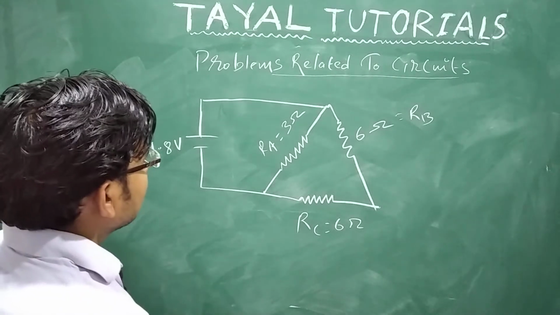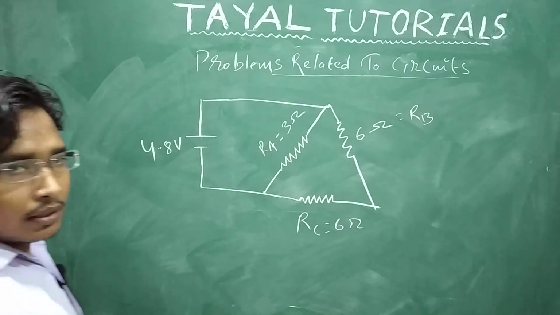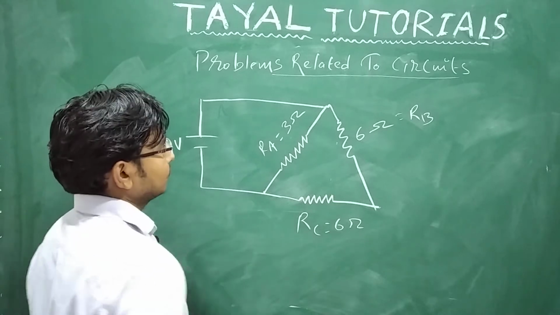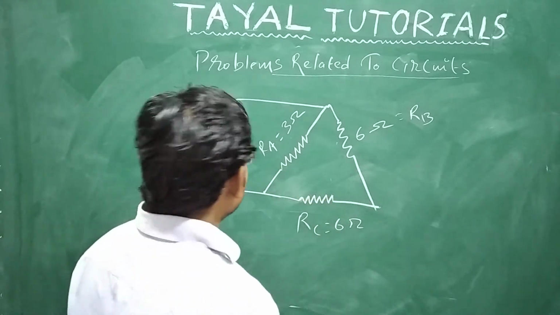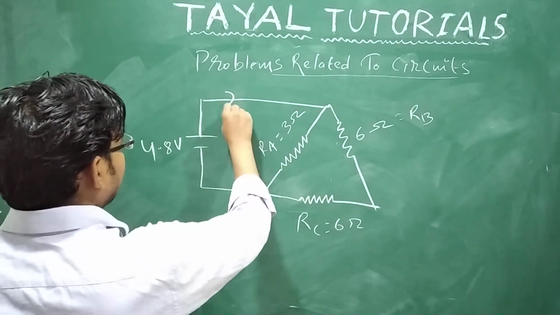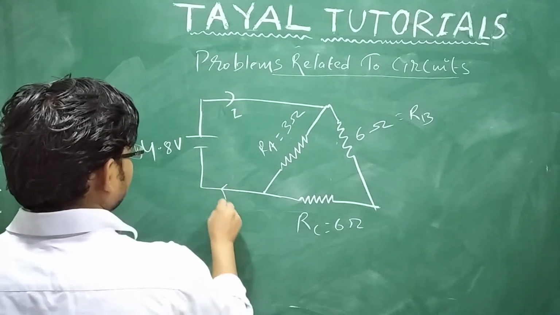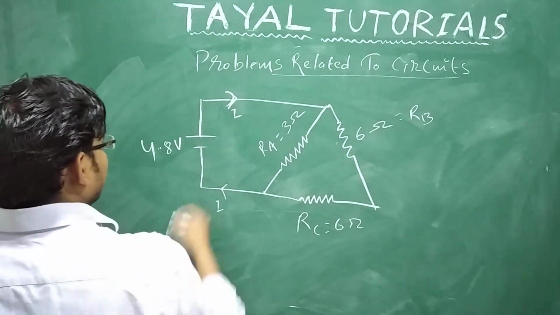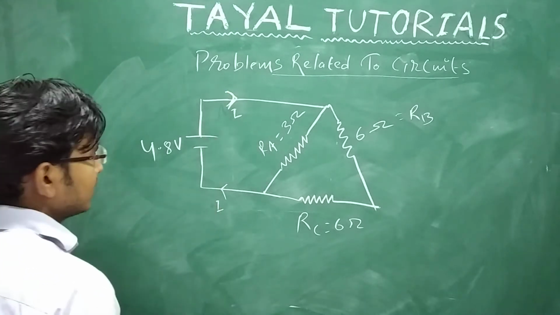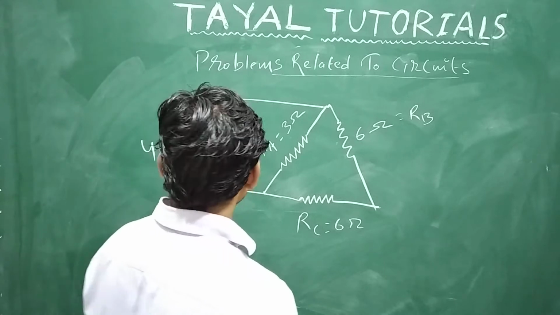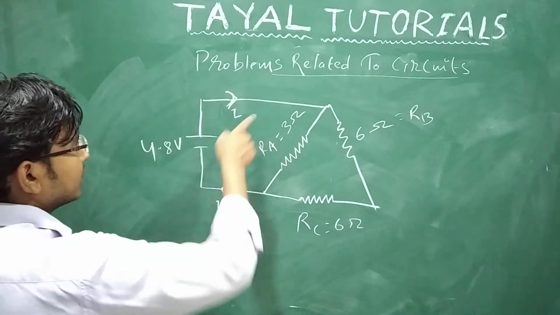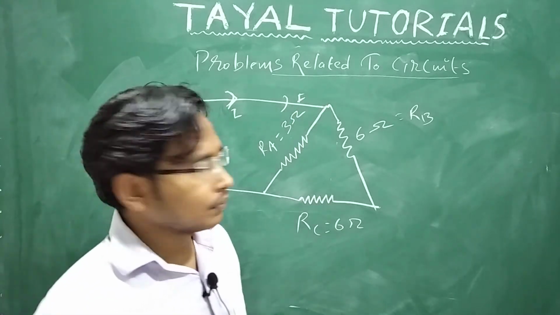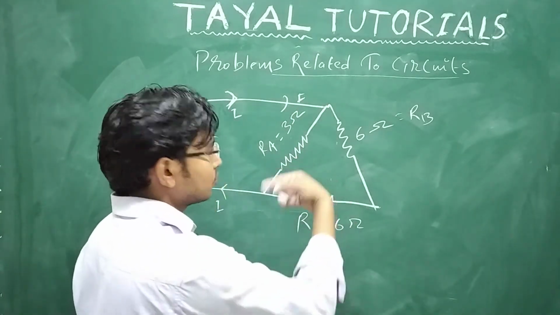So a similar pattern is there as the previous question, because there it was 3, 3, 3, 3, but here 6, 6, 3. They have also marked the polarity, the direction of current. So the current is flowing in the direction of voltage rise. It's a source, 4.8 volt, it's a battery, it's feeding the current. When the current comes over here, it will see two paths, either it should go that way, or it should go that way.